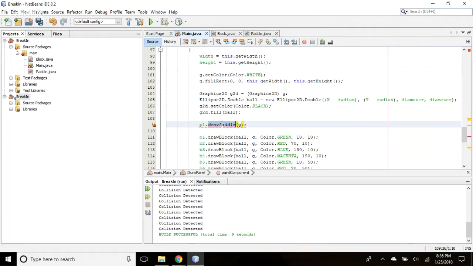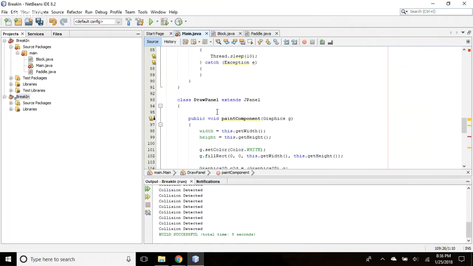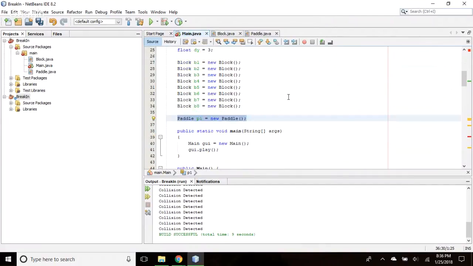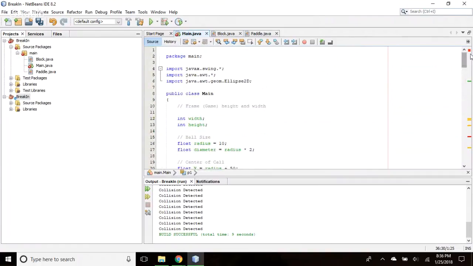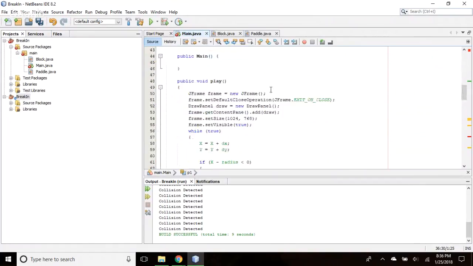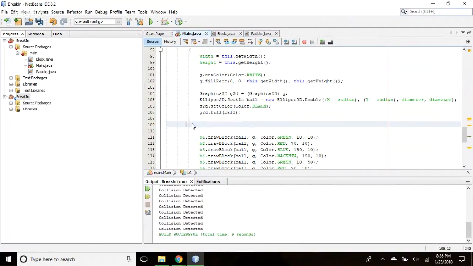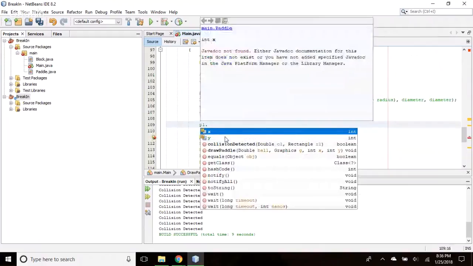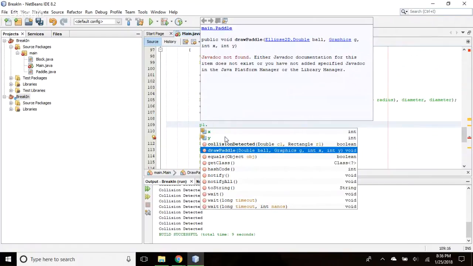What is the problem? Okay, so let's look at your P1 reference. There's paddle, new paddle, P1. Okay, let's go down where the error is. Oh, go to the very top. There apparently is a red block on top too. No, that's just saying in this file problem. Okay, that's just saying there's error in the file. Okay, so go down to the error that's on the right-hand column. It's red. And then erase that whole line and say P1 dot. Now wait, draw paddle. Oh, we had the wrong number of parameters. That's why.